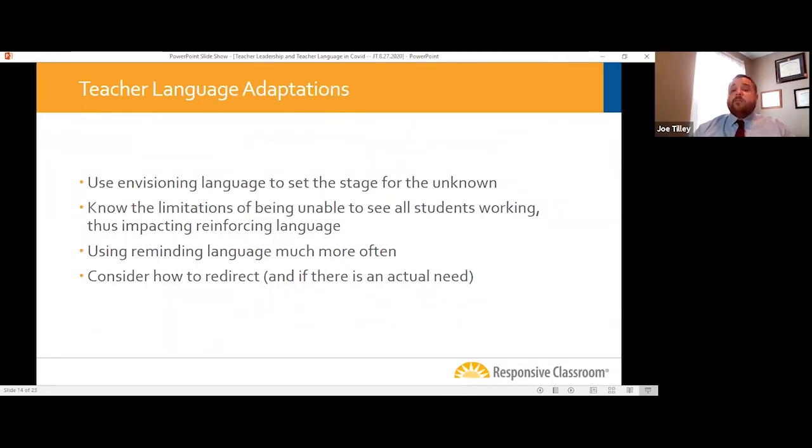And if it's not, then redirect a student. But if it's a majority of the class, then redirect them. And you may just get everybody's attention for a moment and say, you know, let's do an energizer, let's do a brain break, let's do something that kind of changes up what we're going to do. Because